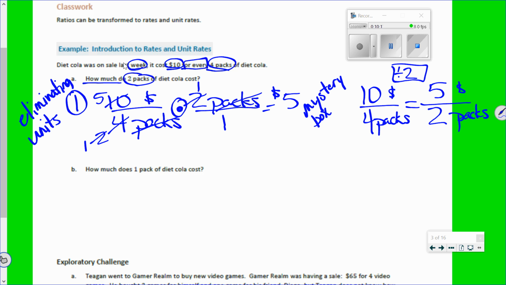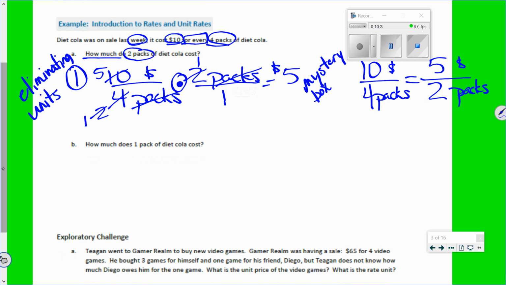Okay? So the nice thing is we're going to let you choose. I don't care which way you use. They're both mathematically sound. So whichever one you feel the most comfortable with is the one I want you to use. So let's do another one. How much does 1 pack of Diet Cola cost? So we go back to our initial ratio. We have $10 for 4 packs